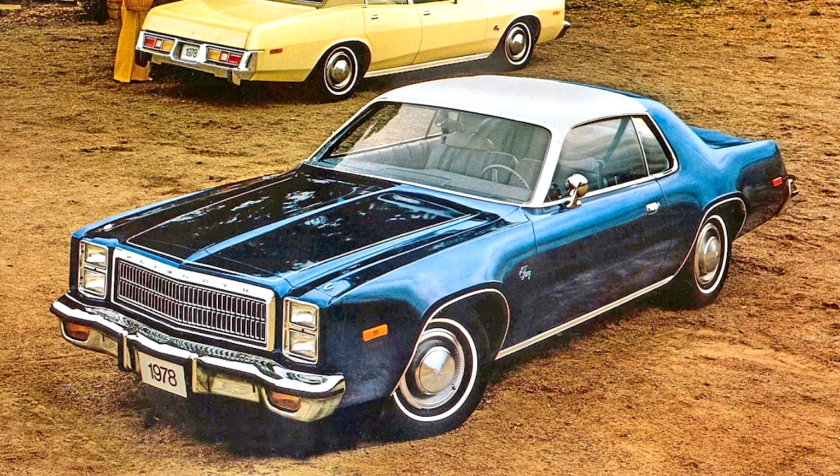The personal luxury coupes, which were based on the mid-size B-body platform, including the Chrysler Cordoba and Dodge Magnum, renamed from Charger in 1978, would soldier on for one more year until they were downsized, and renamed Mirada for the Dodge version. In 1982 the M-body platform used for the Dodge Diplomat and Chrysler LeBaron,